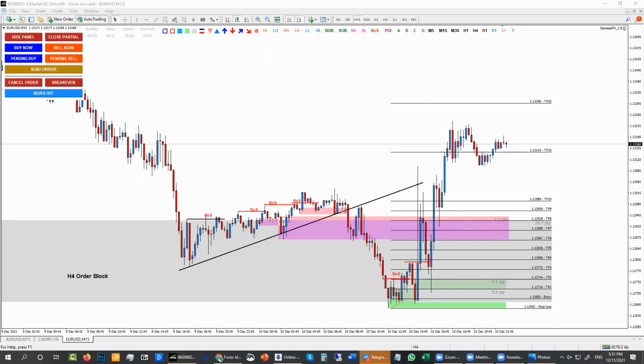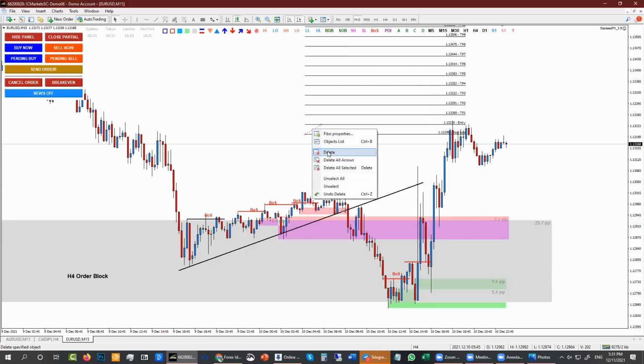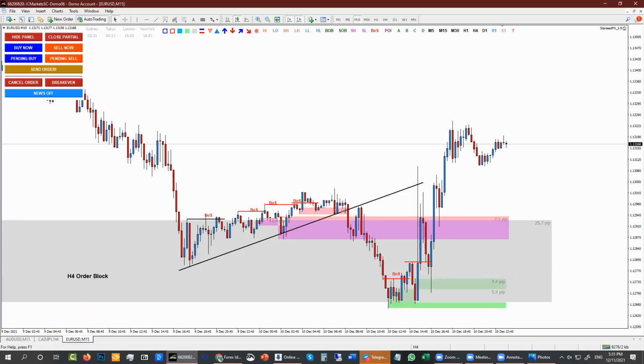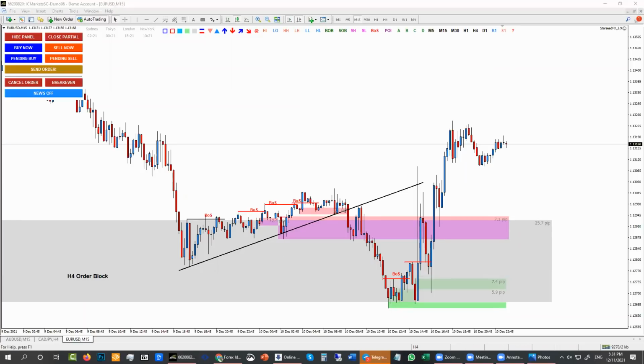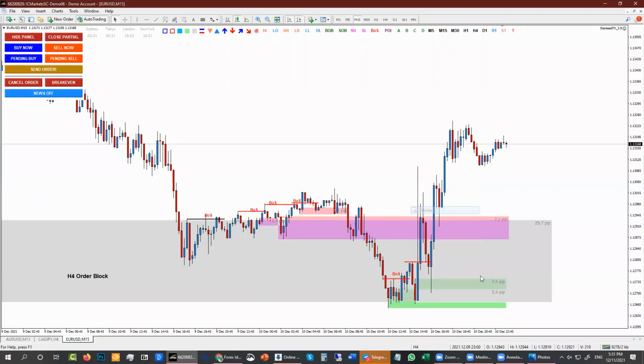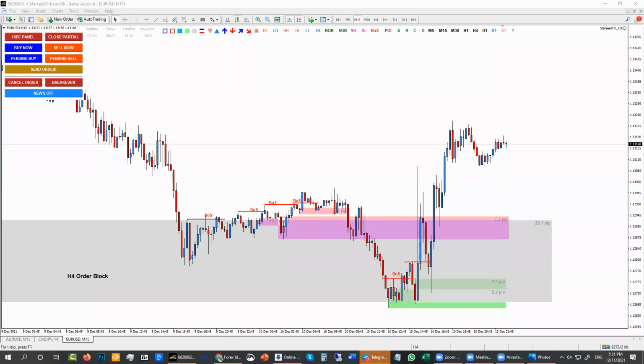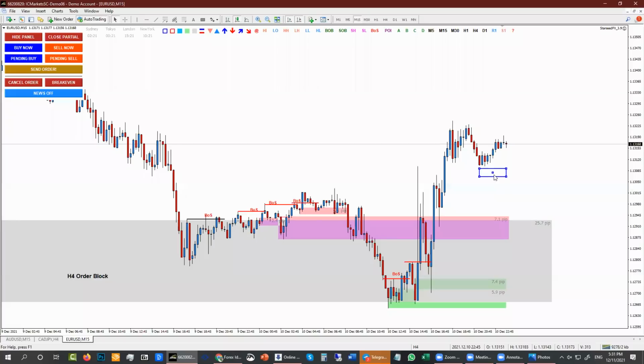There was a low and a boss, no lower low. I don't understand. Which one? I can give you access. Can you draw something, an annotation here? Can you show it to me? You can use an annotation and then draw this one. Let me just draw this one around here.